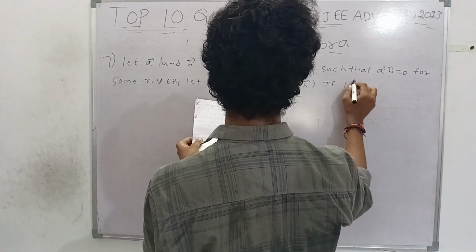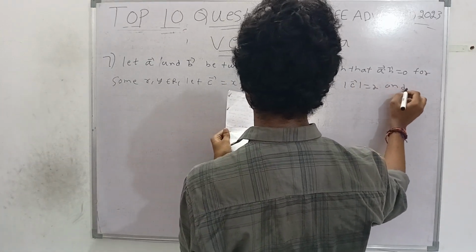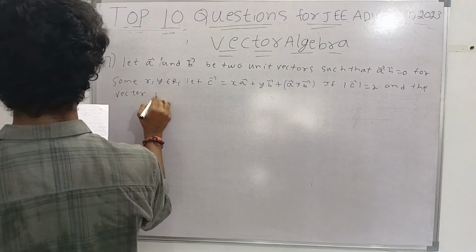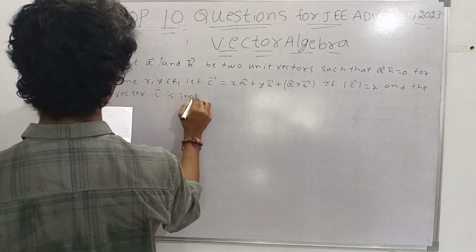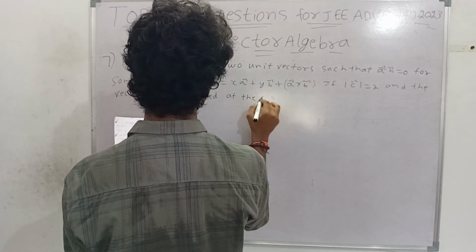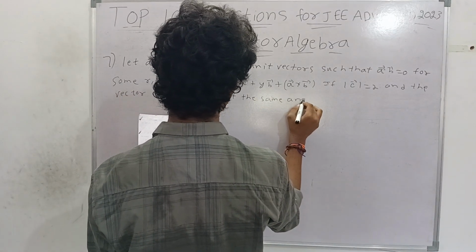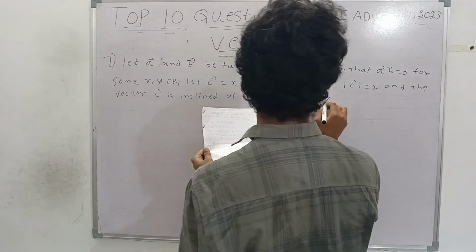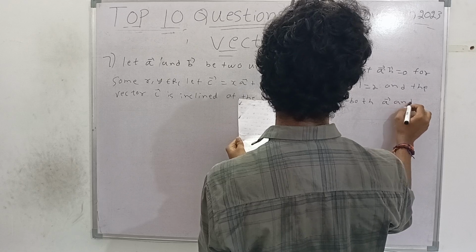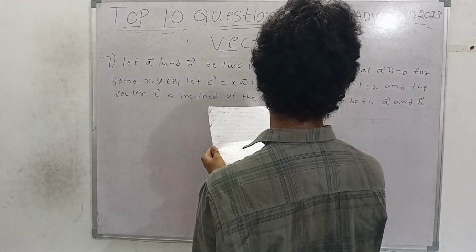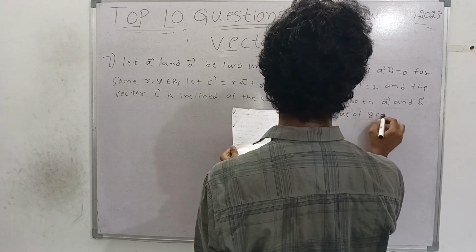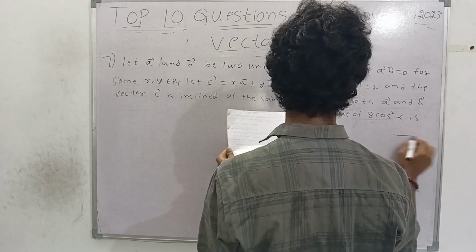If the magnitude of C vector equals 2 and the vector C vector is inclined at the same angle alpha to both A vector and B vector, then the value of 8 cos square alpha is,